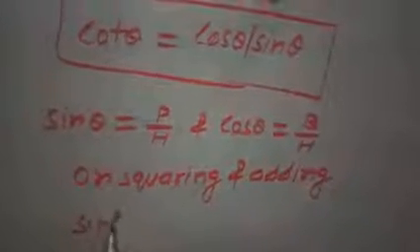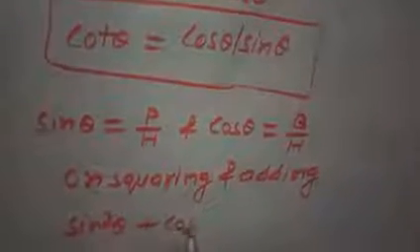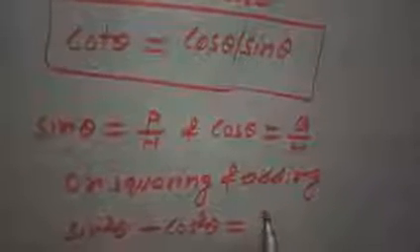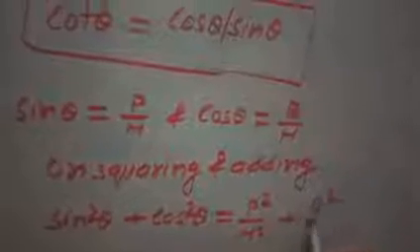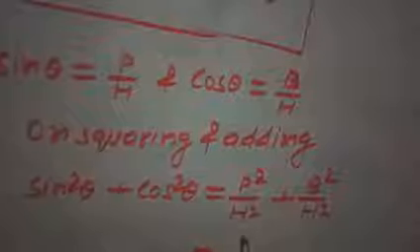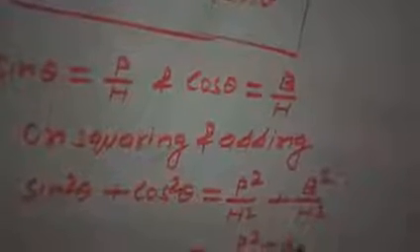so we can write sin square theta plus cos square theta is equal to p square upon h square and here b square upon h square. So if we take the LCM, so h square, here p square plus b square, and by Pythagorean theorem we know that is h square. So this is h square. Now h square cancelled. So in the next line we can write sin square theta plus cos square theta is equal to 1, and that is the base of